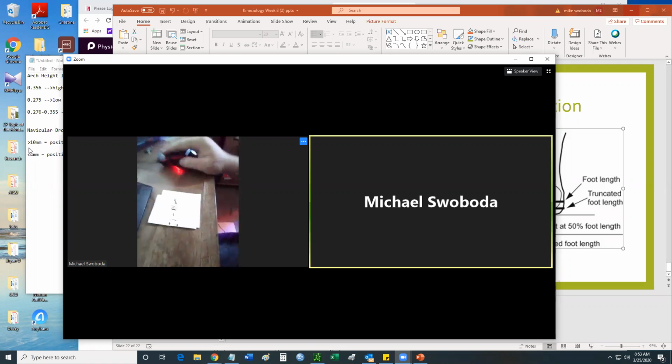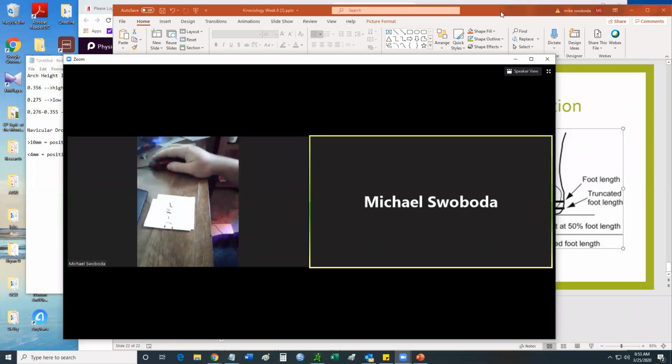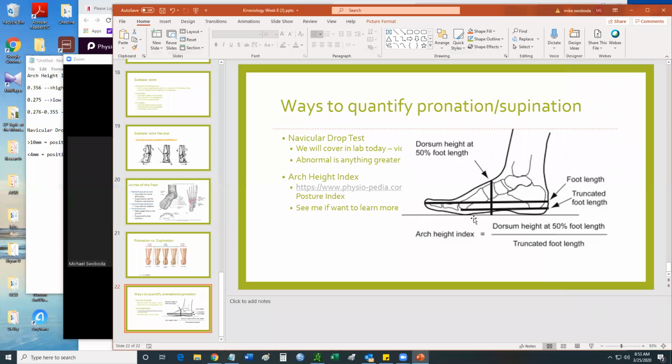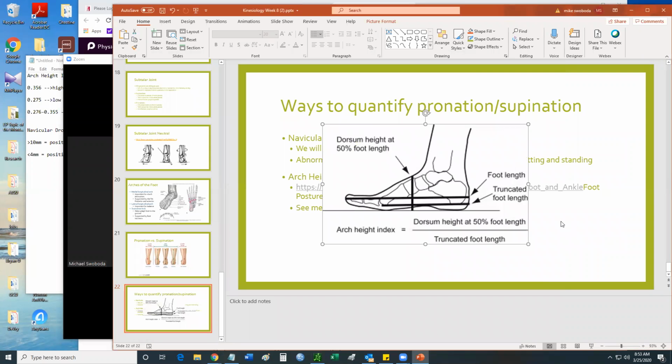Now, for the arch height, if you go back to the screen here, your arch height is this. And for whatever reason, my pad is not letting me use the microphone on it, so I really can't do this too much for you right here. But what you would do